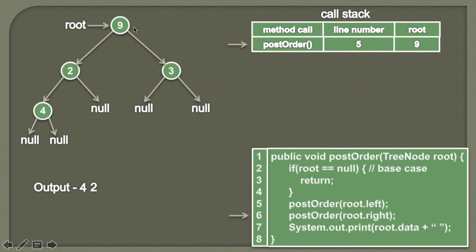So friends, here you can see that we are on node 9. And in order to visit this node, we have to first visit its left subtree completely, which you have actually done. And then we have to visit its right subtree completely. So now we'll start to move to its right, and then we can process this node 9. So we are again calling the post order method, and this time we are passing the value as root.right because we have to now visit its right subtree completely. So therefore you can see root's right is nothing but node 3. So we will be again calling this post order method with a root as 3. And we also know that we are leaving this method post order from the line number 6. So therefore we'll update the line number here.